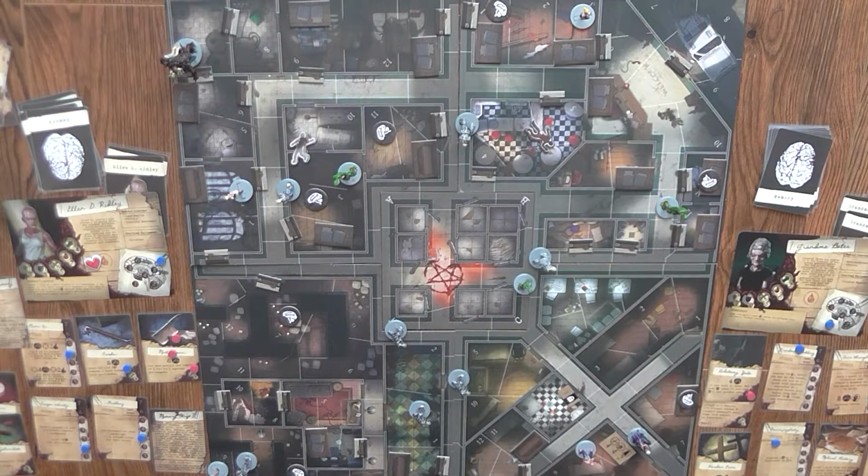She rolls 7 dice for her imagination. 6, 7. And she rolled 4 successes. She could get a weapon, an item, or 2 medication. Well, medication is kind of...